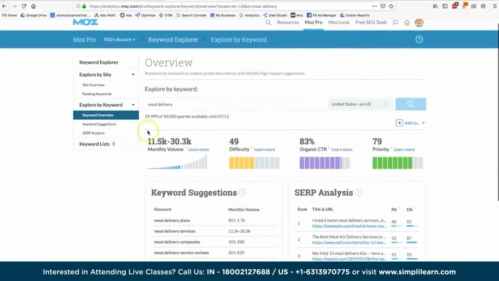So what Moz is telling me is, for this keyword in the entire United States, I'm looking at anywhere from 11,500 to 30,000 on monthly volume. Now what Moz does is they give you a difficulty score. So a difficulty score is a score between 1 and 100. And so I could see this is pretty much right down the middle in terms of difficulty. So if it's 0, it's an easy keyword. If it's 100, it's very difficult. And then that means you have a lot of competitors who are optimizing for this keyword,